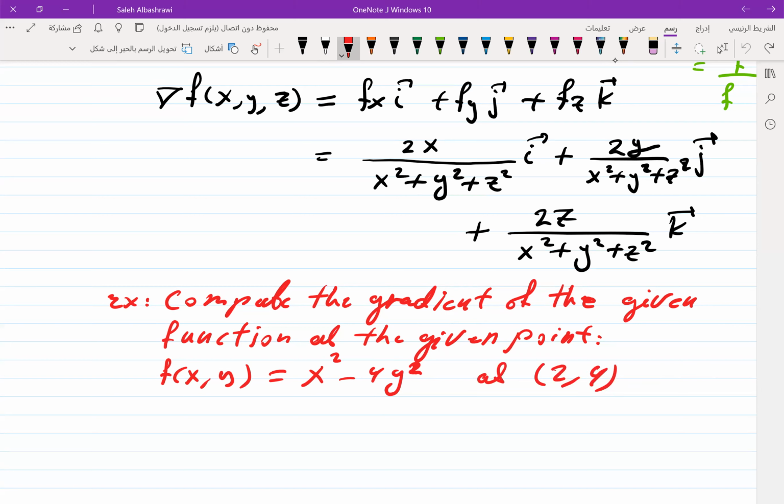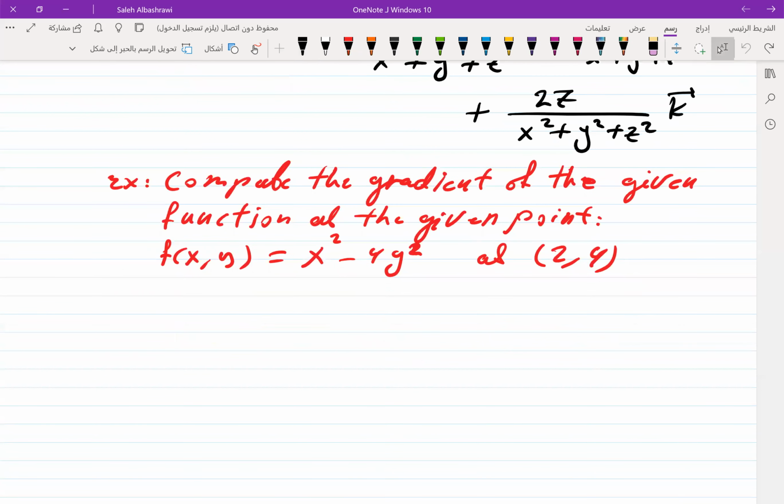This means that all we need is to find the gradient and then substitute x and y by 2 and 4. So the gradient of f